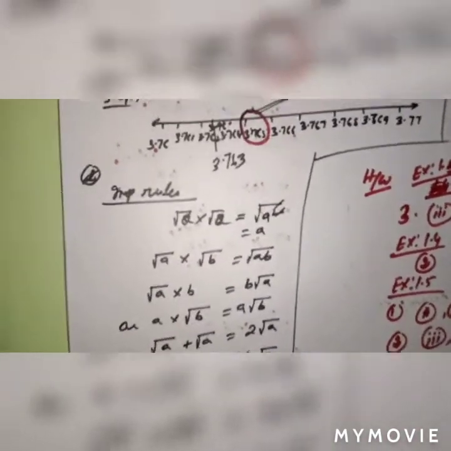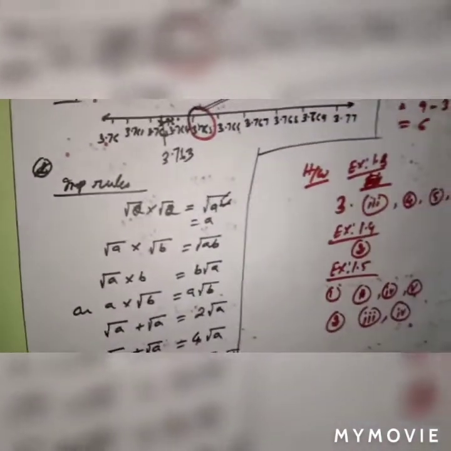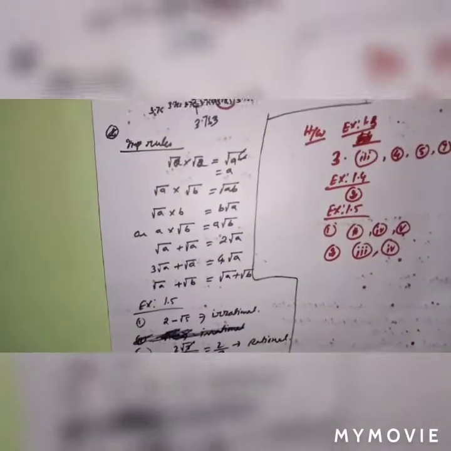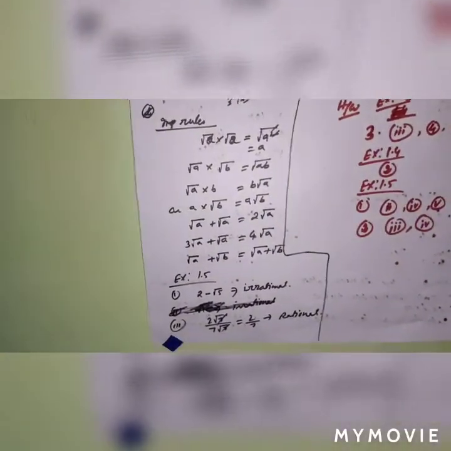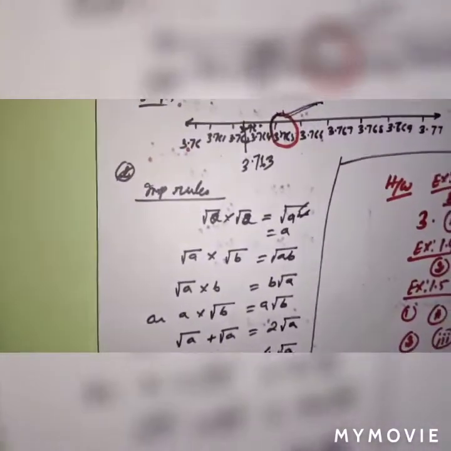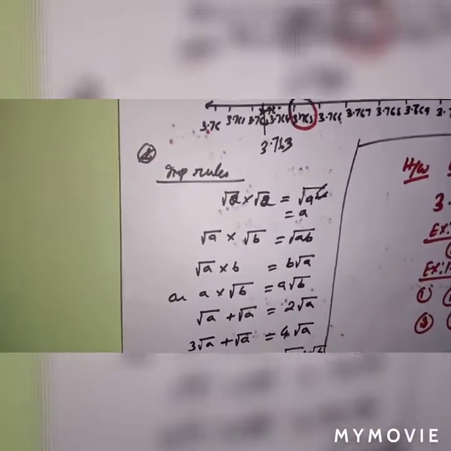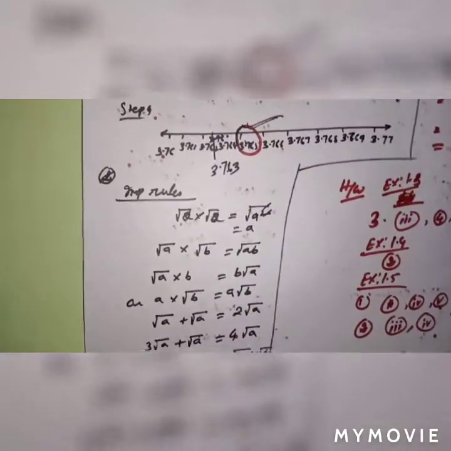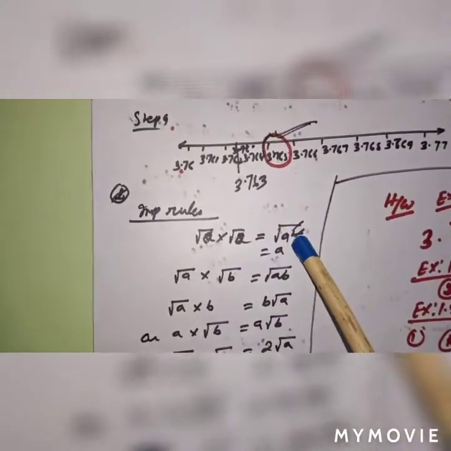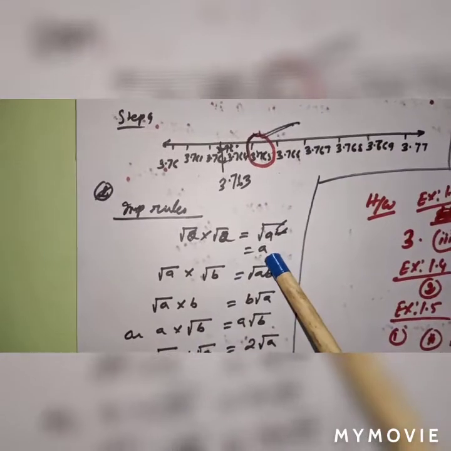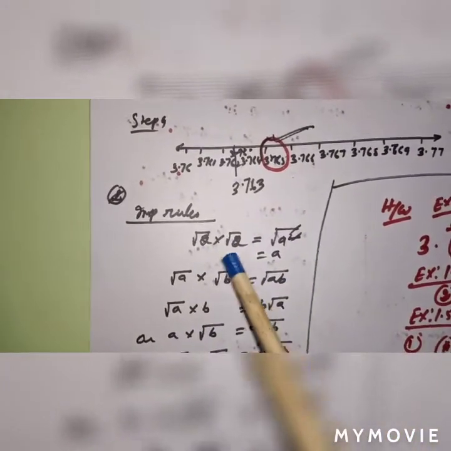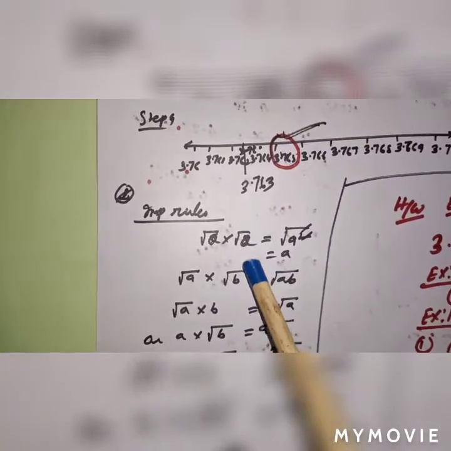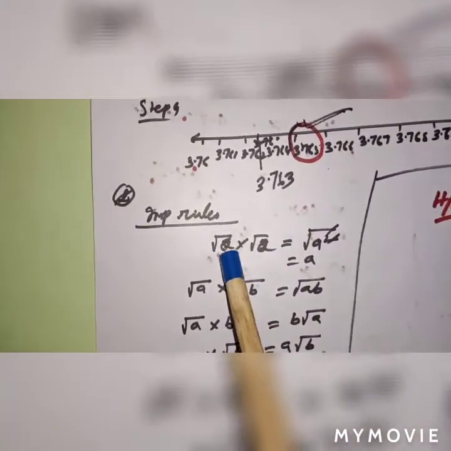Now I am going to give you some important rules, and these are not formulas. These rules you can use to simplify, or when you solve some problems. If there is root a into root a, like if you take the example root 5 into root 5, root 2 into root 2, root 3 into root 3, then you can write root a square. So the square and root cancel, what is left? a. Here the main concept is, when two same numbers are under the root, then you can multiply.